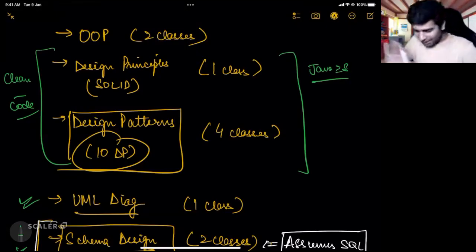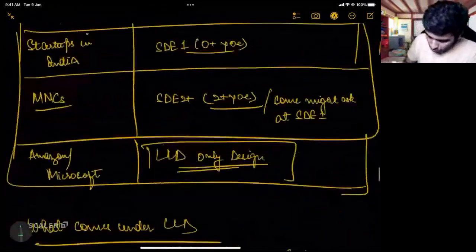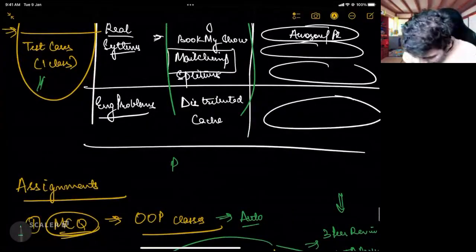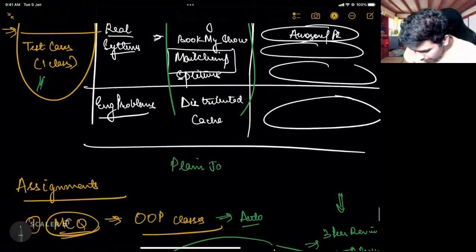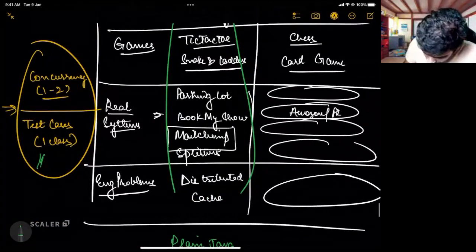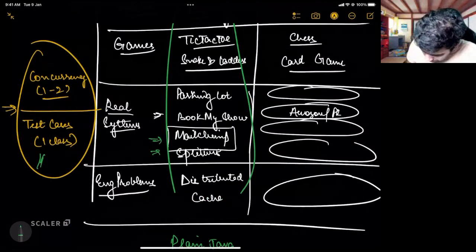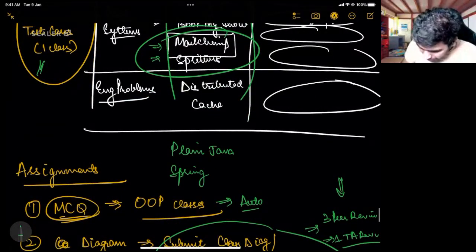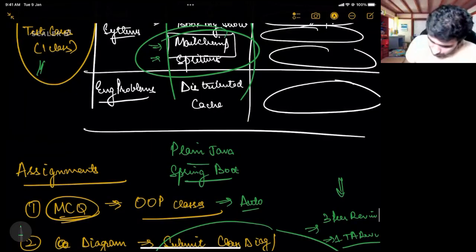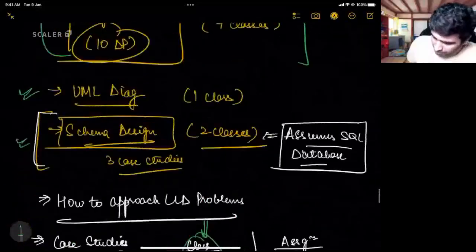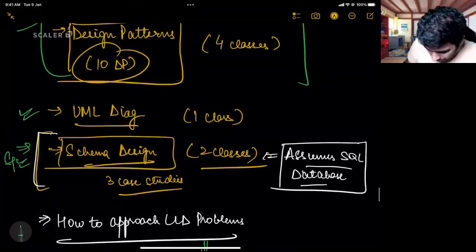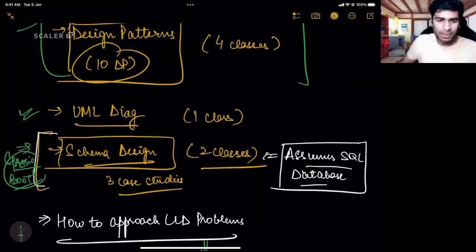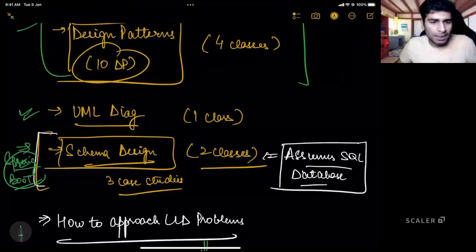Okay, one last question and then we will start. These code bases are going to be in two things. Whatever things we are going to code in plain Java, and the last few things, the Mailchimp and the Splitwise, these two things we will code in Spring Boot. So you are going to learn the basic fundamentals of Spring Boot in these two, as well as in the schema design classes. So don't worry, your Spring Boot also, at least the one that is important for machine coding interviews, will be covered. Okay. Perfect.